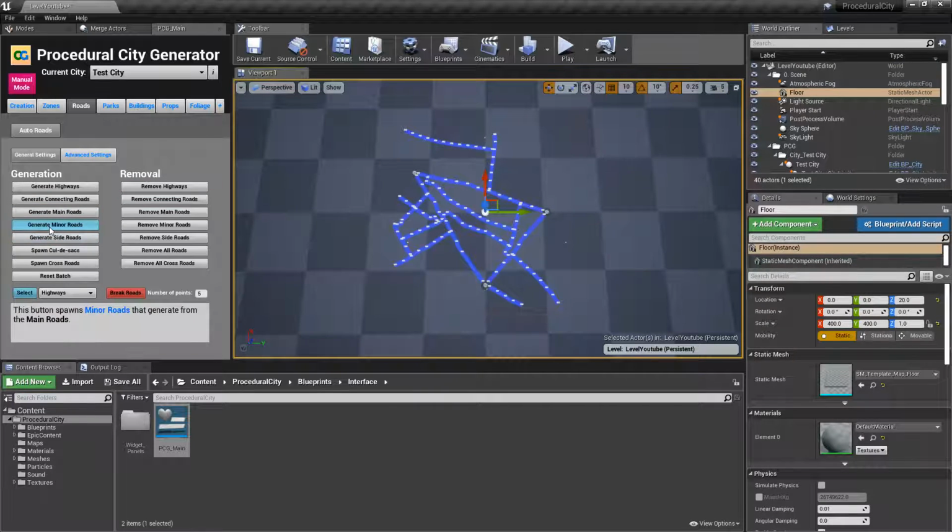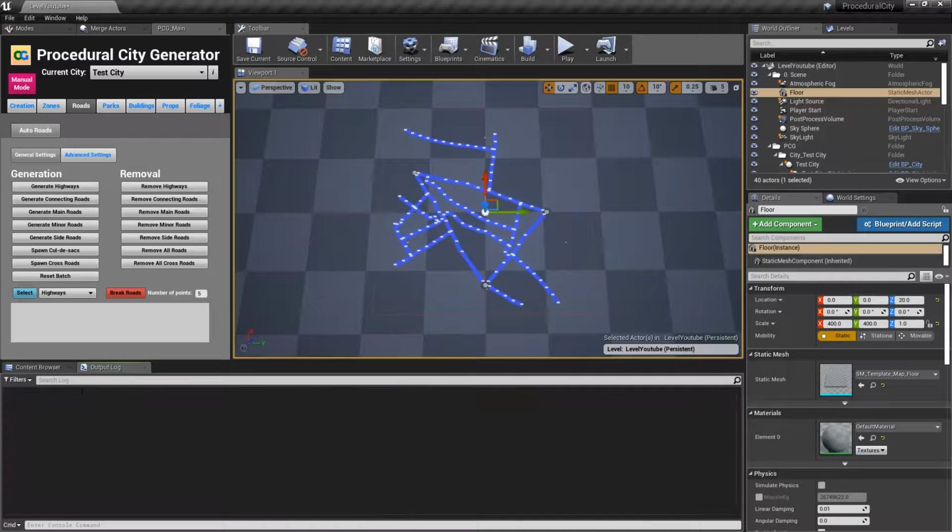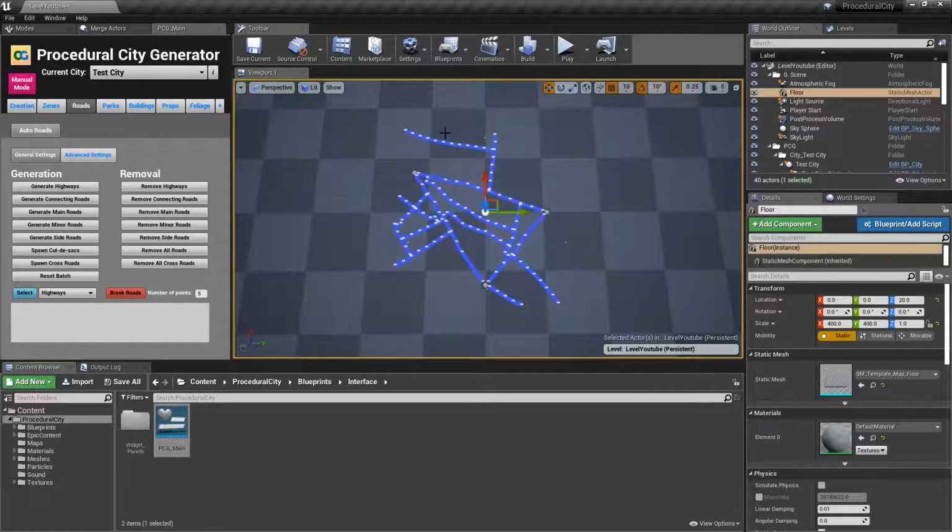Then you can click on generate minor roads, and minor and side roads are batched. That means that they're going to be generating, I'm going to remove this here, on a batch basis. They're not going to be generating all at the same time, and that is to save on performance. So if you click on minor roads,